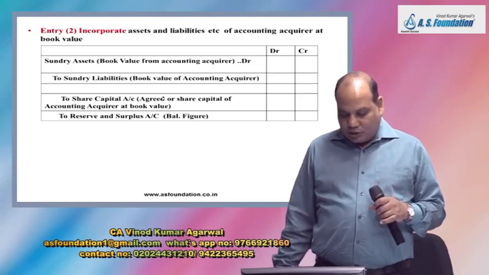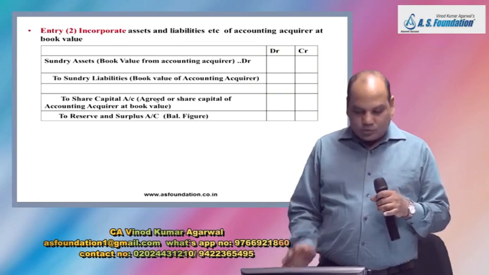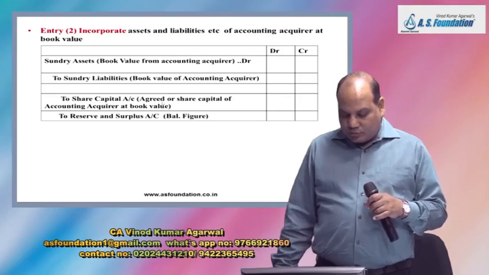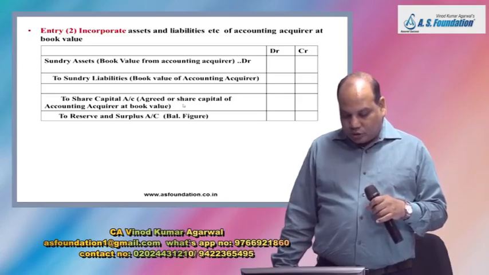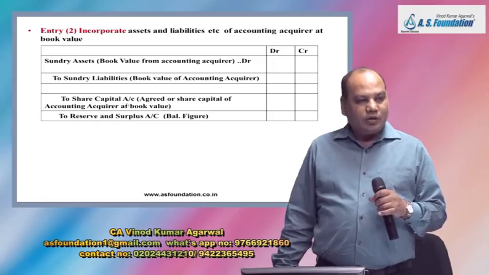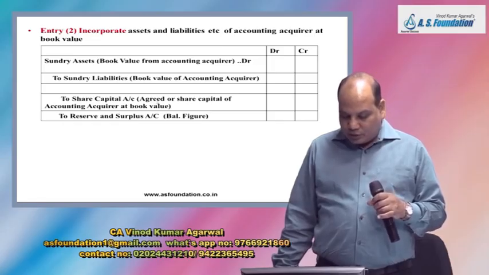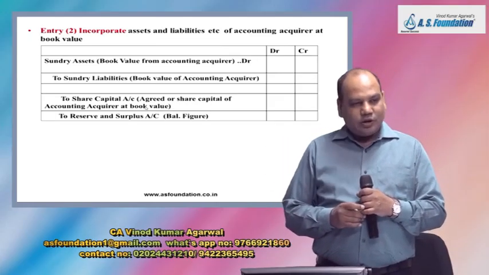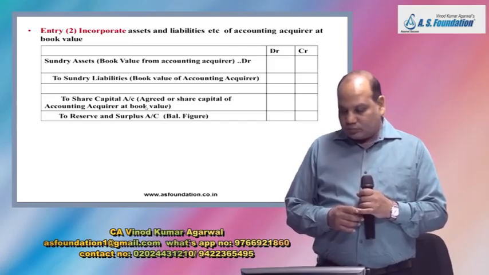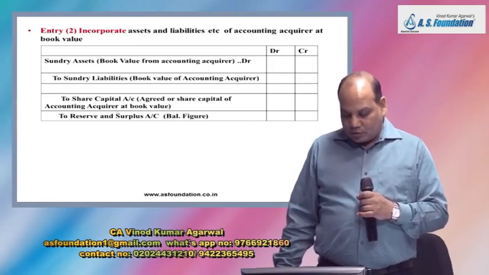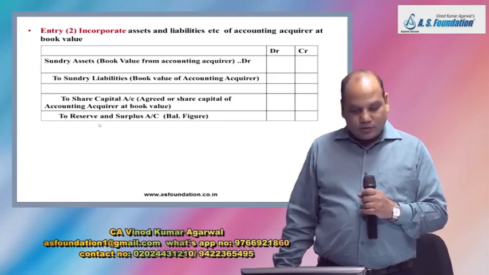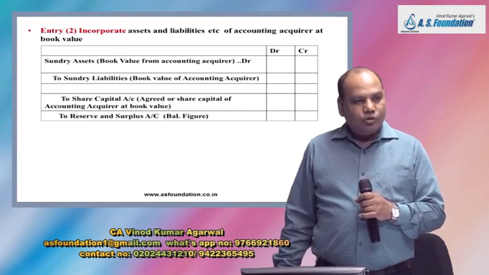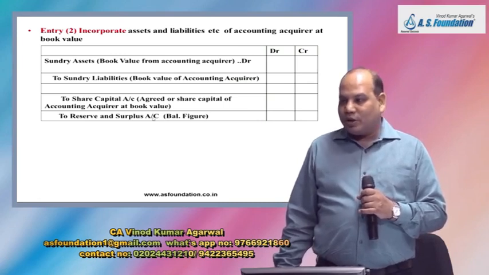In examples, it will be given how many shares will be issued, so take that many shares issued. If this number is not available, then you take the existing share capital of the accounting acquirer. And if there is a difference, it will go to reserves and surplus, not goodwill, not gain on bargain purchase,